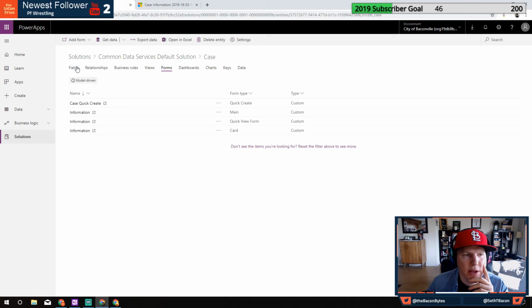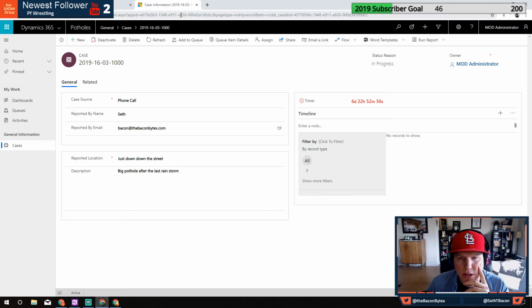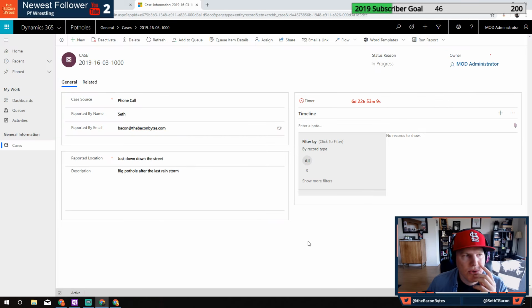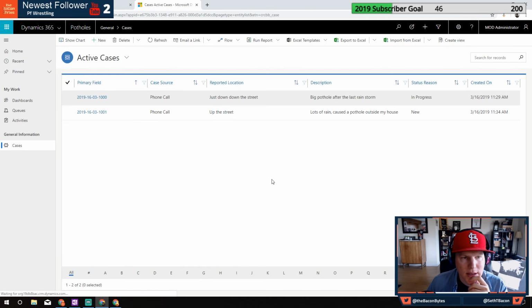Okay, so we have that. We have the lat long kind of stuff. We got the quick create that we can do: the source, the reported by name, email, location, description. Let's actually do, and I know this is kind of going backwards, and there's actually something already out there if you're using the model driven apps and using the case. But let's go ahead and do the